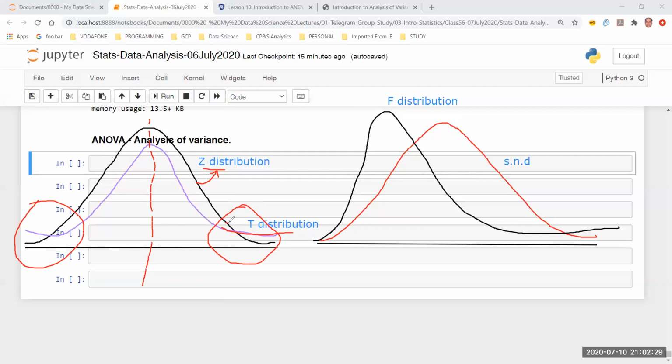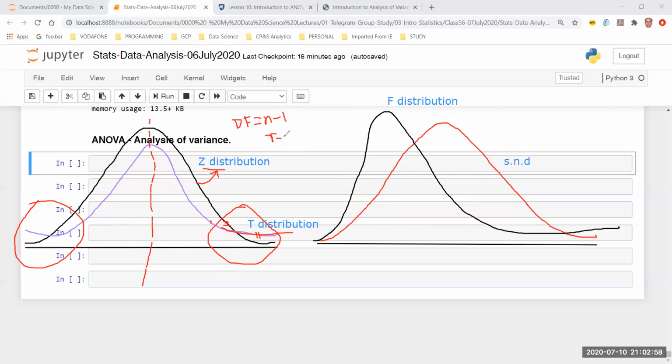So that's why this part of the Z distribution is quite normally poised, but that of the T distribution is really flat from a very early stage, right? But as you may have already understood, we have calculated something known as the degree of freedom, right? So I'll write that as DF. The DF is based on the number of samples which you have. We're simply taking the number of samples minus one,